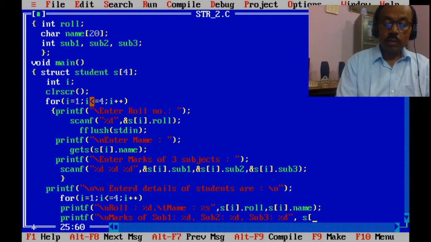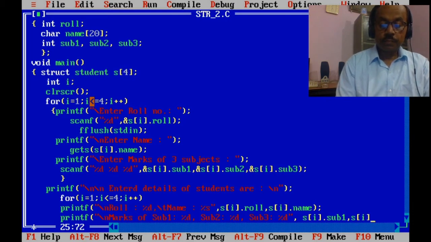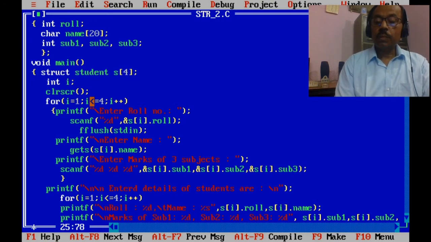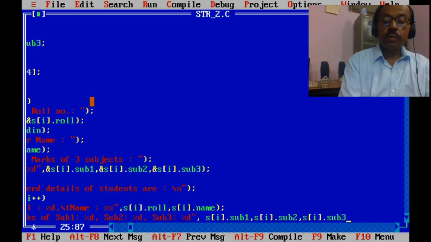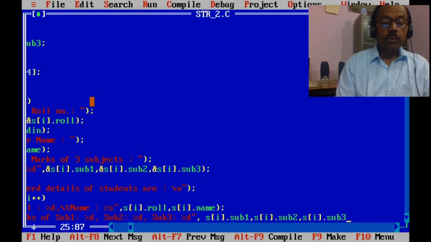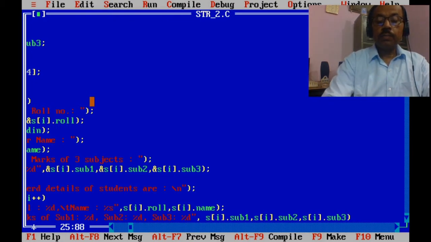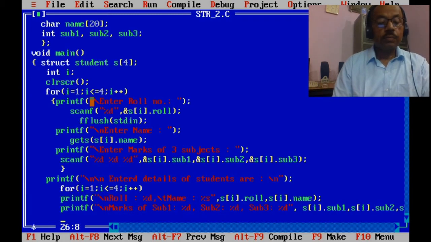Now the variable names si dot sub1 comma si dot sub2 comma si dot sub3 semicolon.